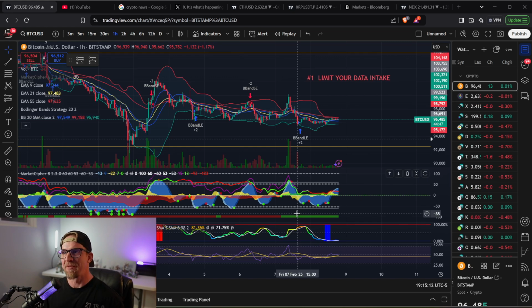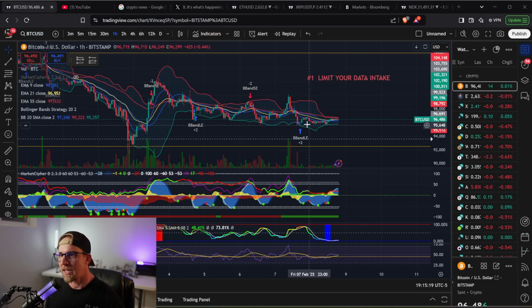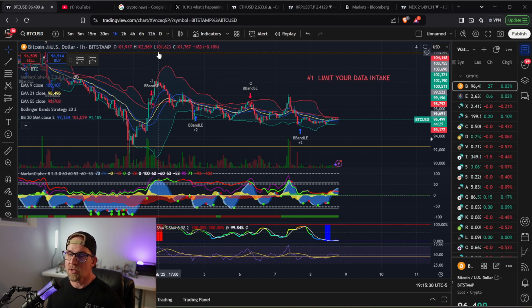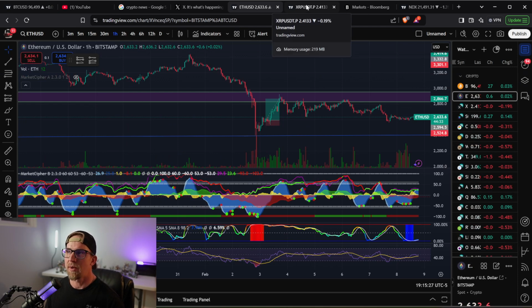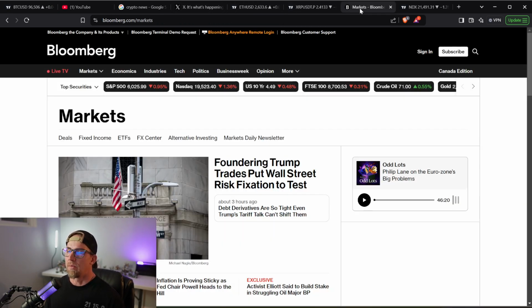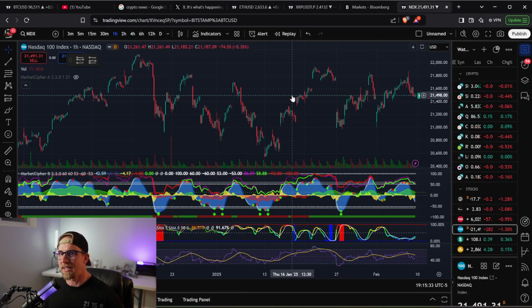All right, we're good. Looking at this chart, we can see we have Bollinger Bands, we have 3 different EMAs set up, we have Market Cipher, we have BBWP, RSI. We also have all these different tabs open because maybe we're looking up different traders, watching their YouTube content, maybe we're in the Google News looking up crypto events of the day, or on X or Twitter, or maybe we're just looking at different charts. Maybe we have ETH or XRP, we're studying Bloomberg markets, maybe we're looking at different markets like the NASDAQ or